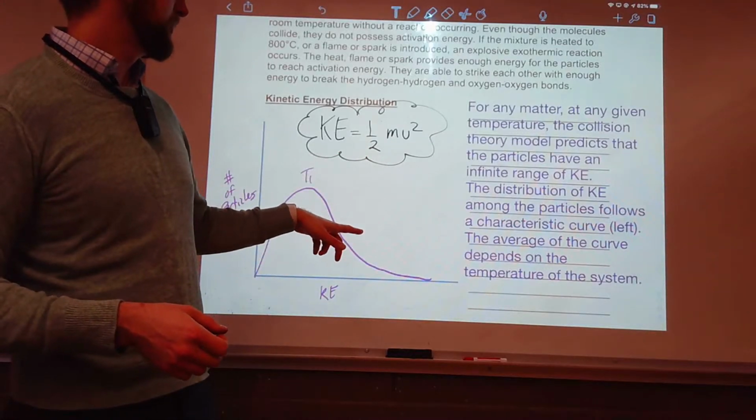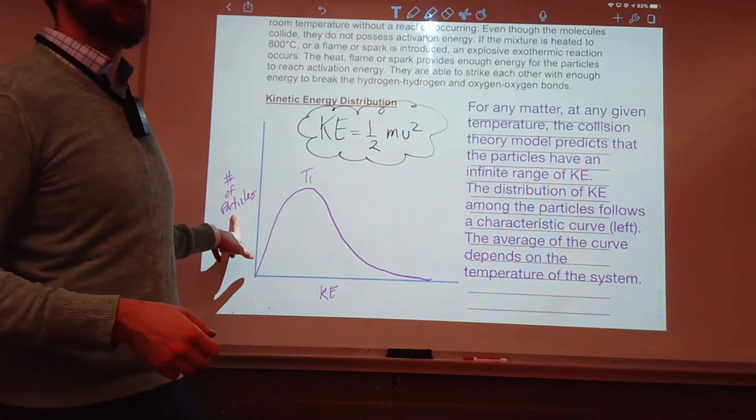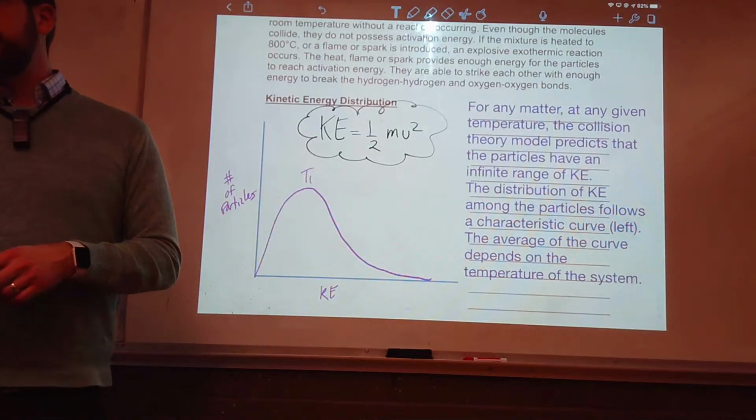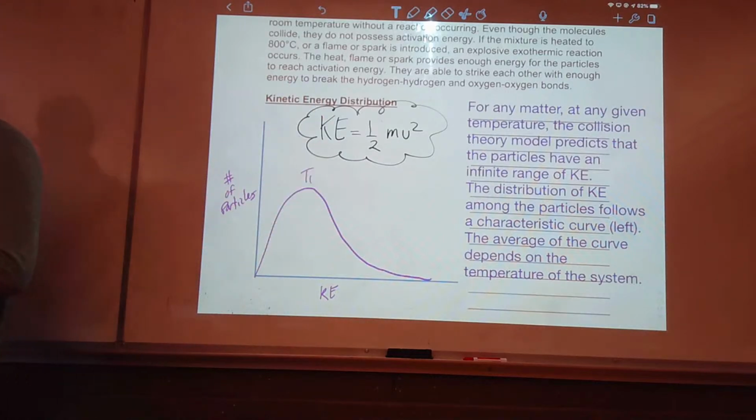Number of particles. So there's an oxygen in this room that is zipping across the room at nearly the speed of light. At the same time, there's another oxygen that's barely moving at all. And if they both collided with each other, then they would both be moving at about half the speed of light, because it would be taking an average speed. And then they would bounce into some other particles, and those particles would split their speeds, and then those particles split another speed,